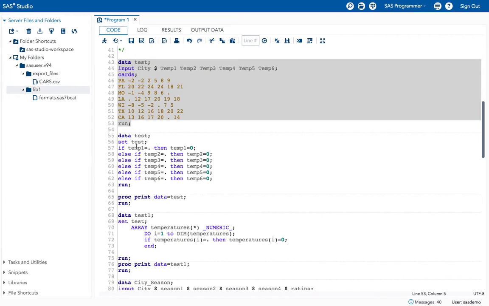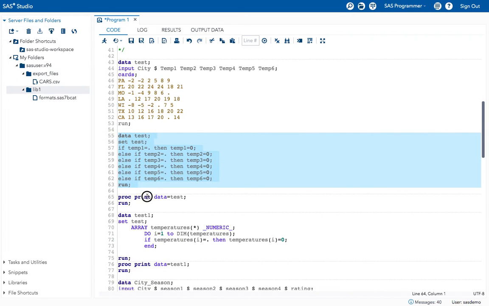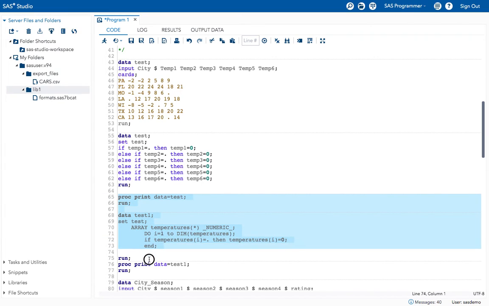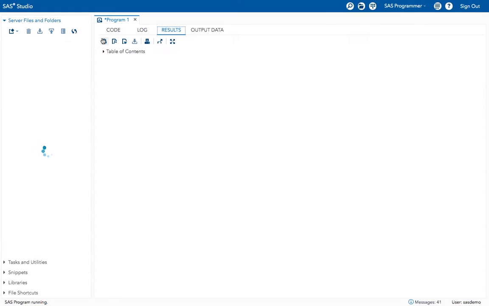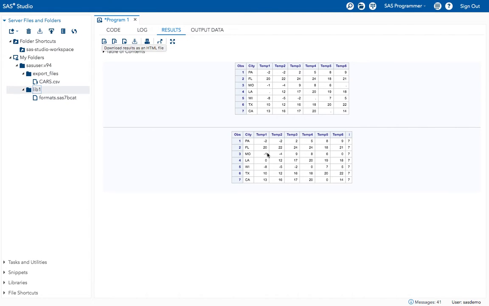Okay, now these missing values will be replaced with 0. See, now the earlier program had missing values represented by dot, and now I have replaced the missing values with 0.